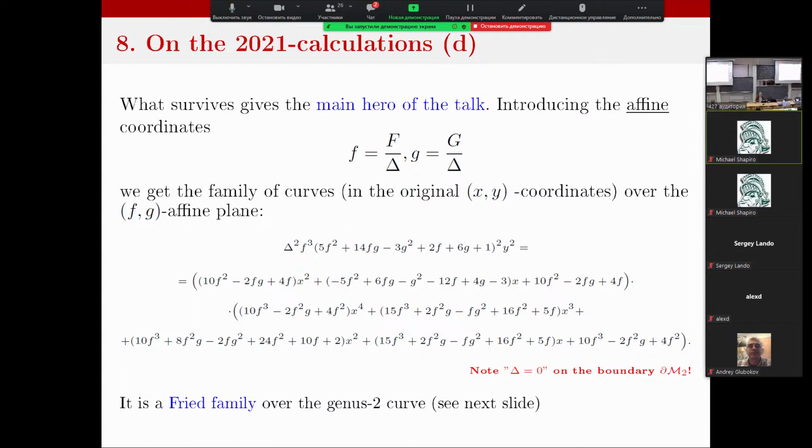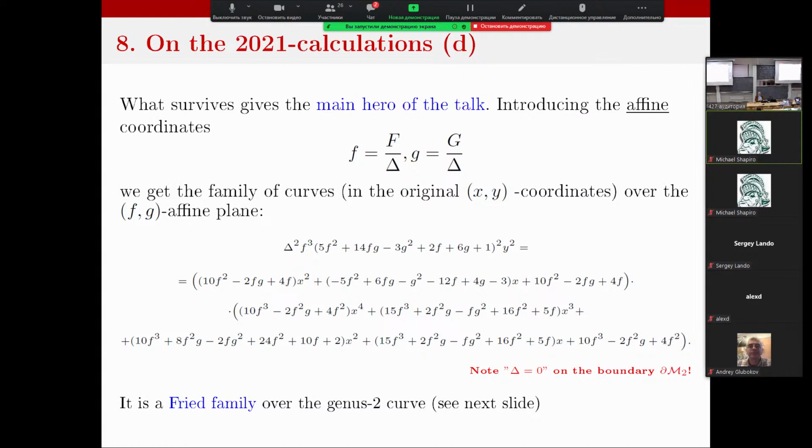That is, I didn't specify where our set of parameters lived. In fact, considering some multiplicative transformations of them, we could see that they naturally live in the weighted projective spaces. Now we introduce the affine coordinates. This f small and g small are the main heroes,